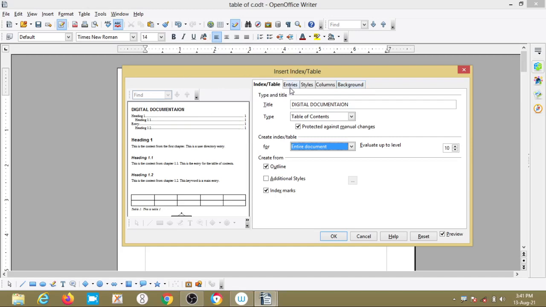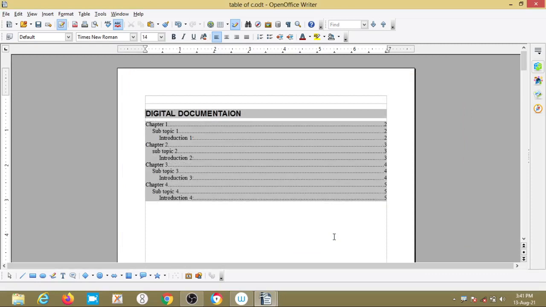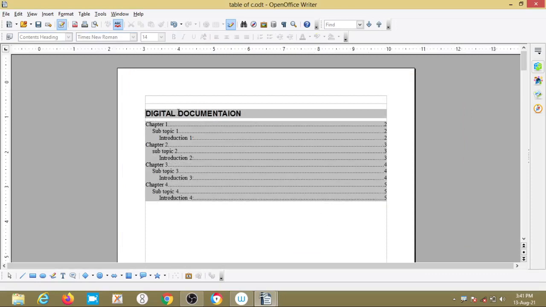Okay. So see here, I did all this. The title of the table of contents, digital documentation, I have given, and I selected the options. So I am giving, see, digital documentation.